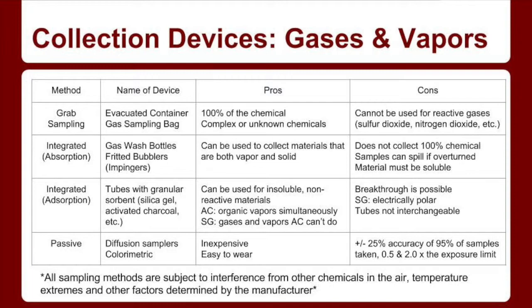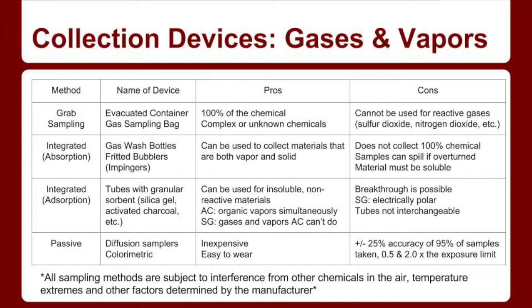With all sorbent tubes, there is a risk of breakthrough, in which the material collected passes through the collection device and into the backup section. Any collected gas or vapor in the backup section that is equal to 10% of the mass in the front section is considered significant. Note that these tubes are not interchangeable, as some sorbents can be manufactured to collect very specific substances. It is important to check with the laboratory to ensure that it will be collected in a manner